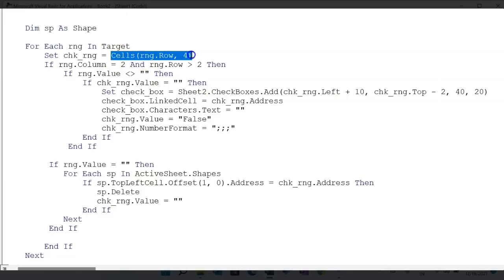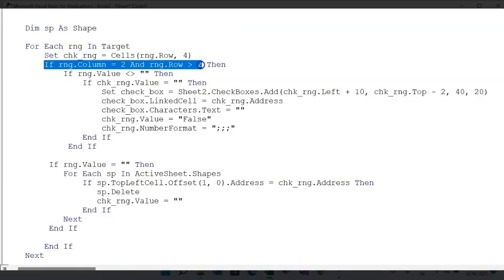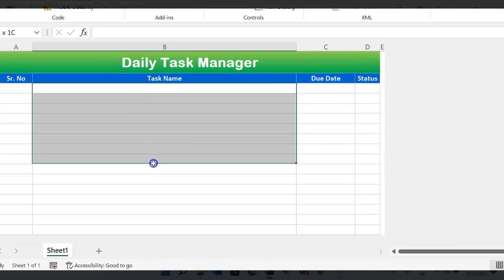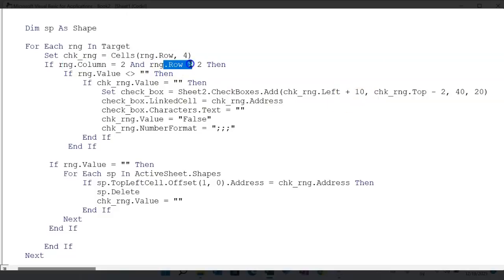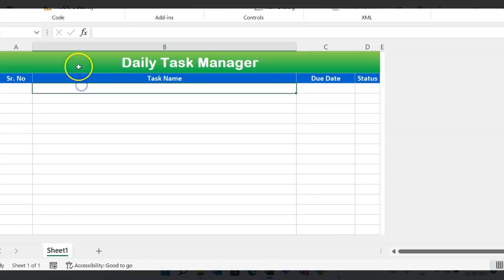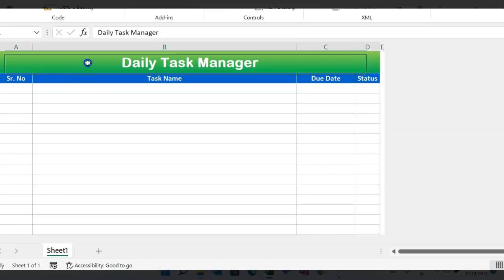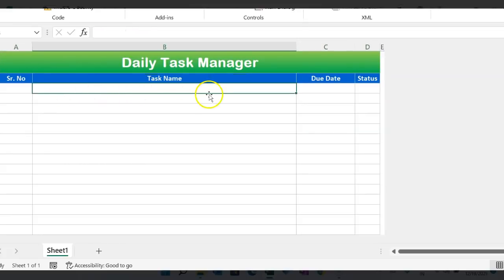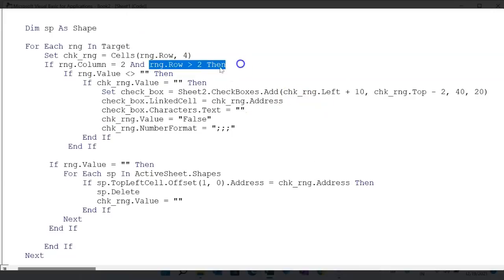Now I am putting one more condition: if RNG.Column is 2, because only when we enter something here should it run, and the row number should be greater than 2, because the first 2 rows are the headers. We can say the first is the title and the second is the header. So it should be greater than 2, then only it should fire.